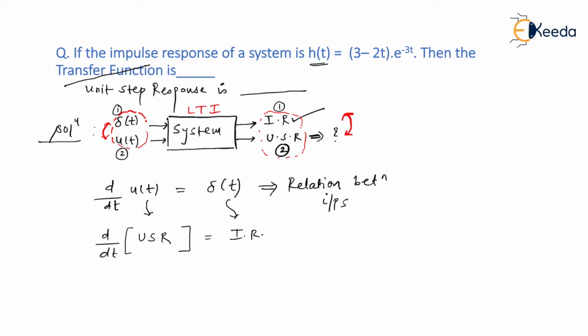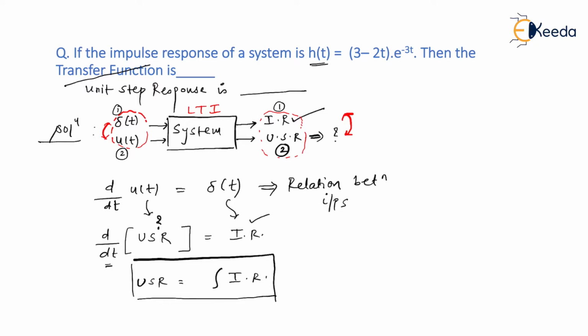Is that right? So this is given and this is a question mark for me. So in order to remove this derivative, I need to integrate on both the sides. So I would write unit step response is nothing but integration of impulse response. Very simple. So now we have got the relation between outputs, that is unit step response and impulse response. Let us use this. So this is given, h of t is known as impulse response. So unit step response is equal to integrating from 0 to t impulse response, which is h of t dt.